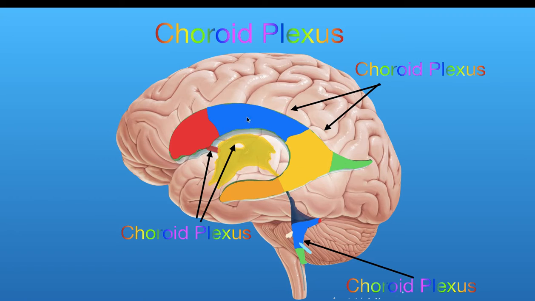So let's take a quick review. Cerebrospinal fluid is produced at the lateral ventricle. Now it goes through the interventricular foramina and into the third ventricle. And at the third ventricle's roof, more cerebrospinal fluid is being produced, and all of this cerebrospinal fluid goes straight through the cerebral aqueduct to the fourth ventricle, where more cerebrospinal fluid is produced, and all of this will either